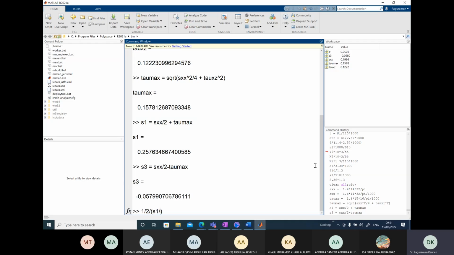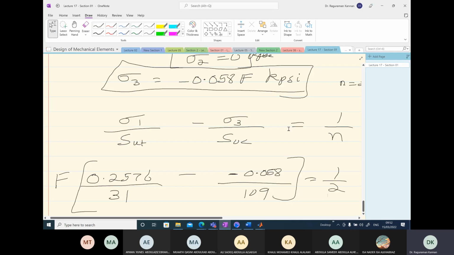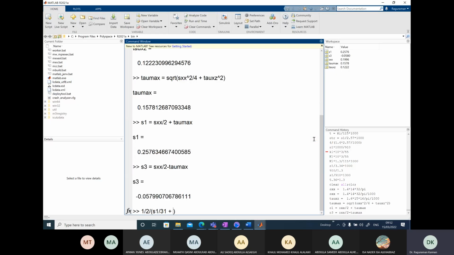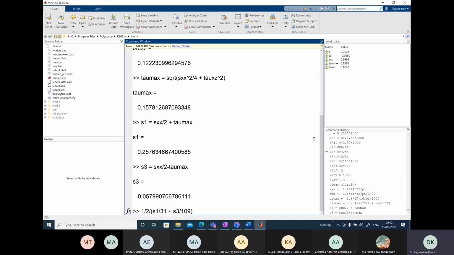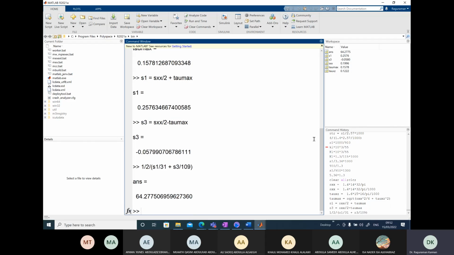over 31 plus. Why plus? Because we have a negative sign here, negative sign here. Both become positive. Is 3 divided by 109. So that should give us in pound force what is the value. And the value of F is,